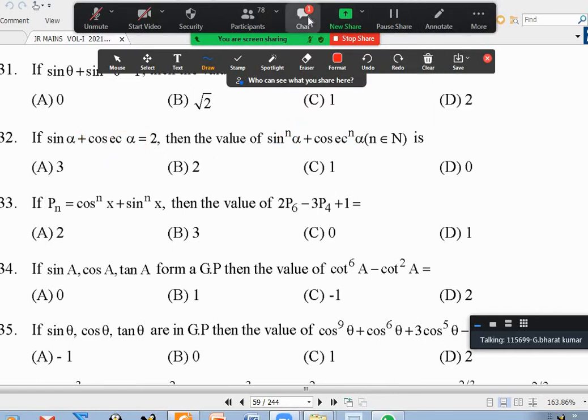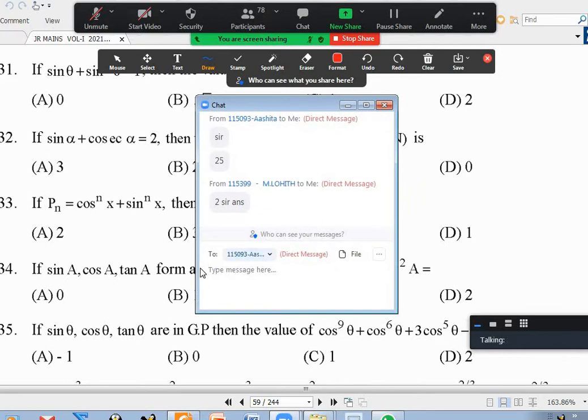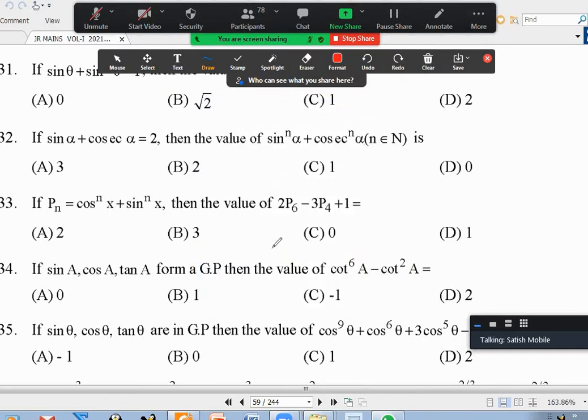Sir, can I explain the 33rd one? Bharat, I am very happy that you're trying to answer many questions. That's good. Let me give a chance to others. If somebody doesn't answer, I'll ask. Is it okay? You don't mind? Okay, sir, no problem, sir. Anybody who has not answered till now want to talk about 33? Come on, we have 76 students.